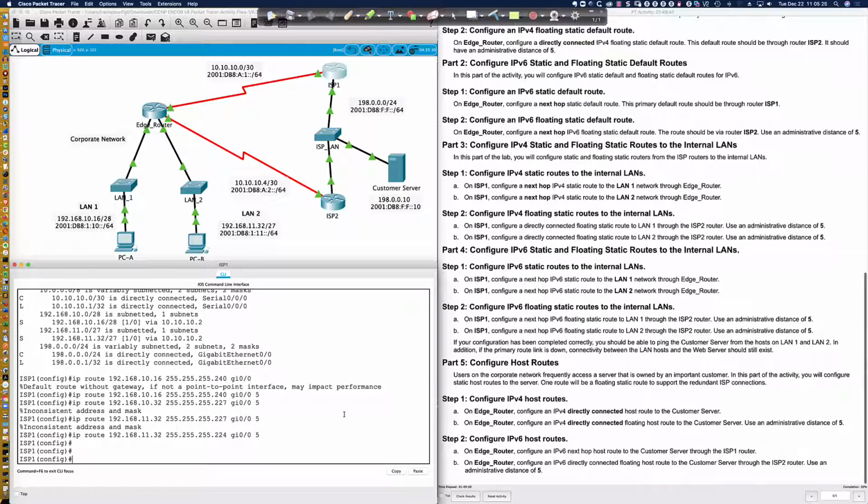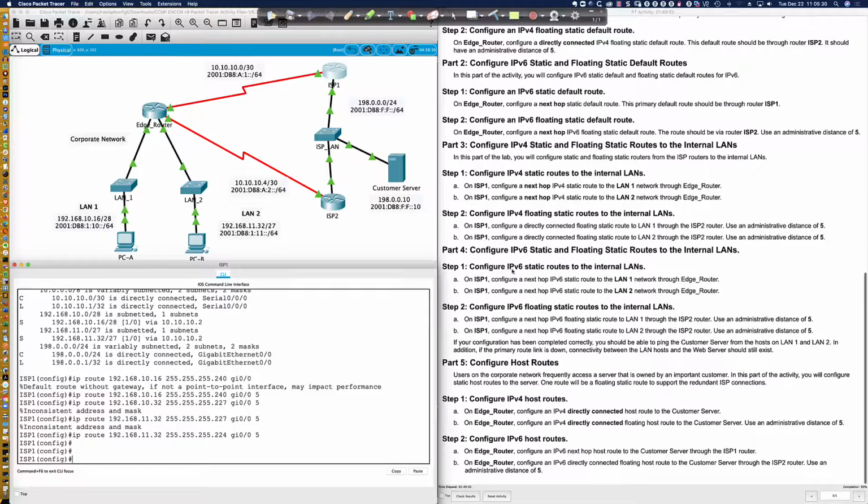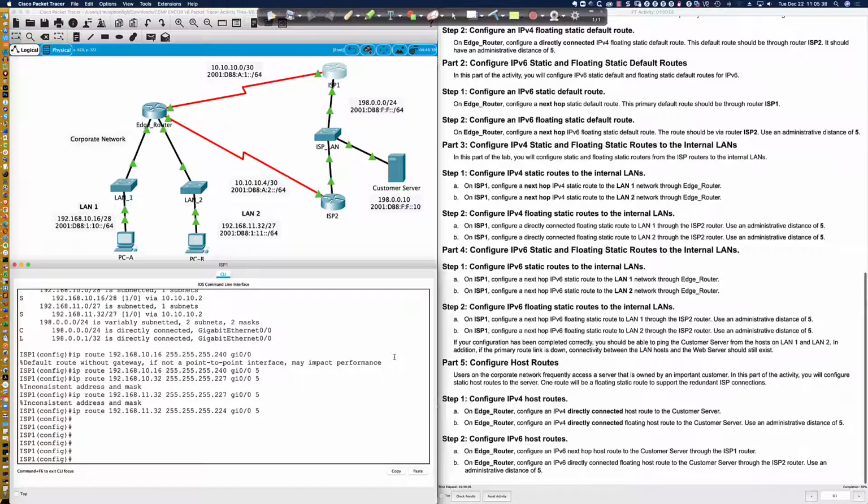We're now at 50%. So let's go ahead and power through the rest of this activity. Part 4, configure IPv6 static routes to the internal LANs. And we're going to be doing all of this on ISP1. So we're going to say IPv6 route. And again, the syntax is the same. So my route to get to the